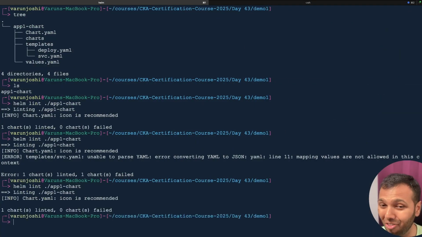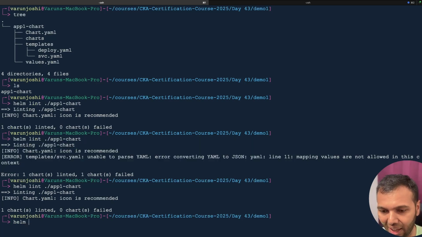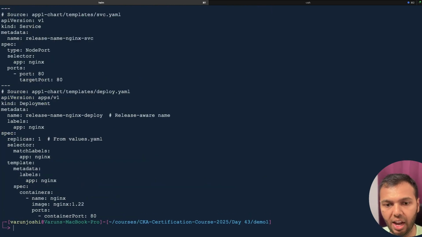So it is not verifying your Kubernetes manifests, okay? It is just verifying the YAML syntax, simple and plain. Now I also want a command that will check how my templating is working, right? So what I can write is helm template, and then again the same format. I'll enter the directory of my chart, and this is app1-chart, and I'll press enter,